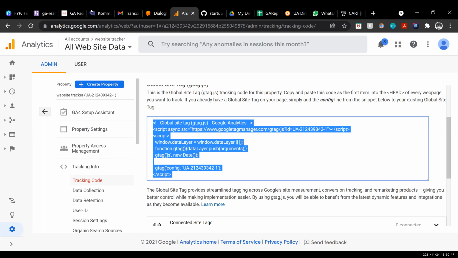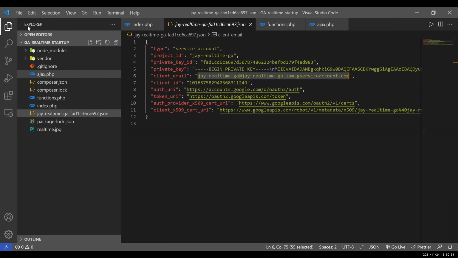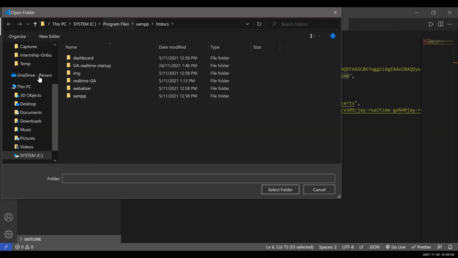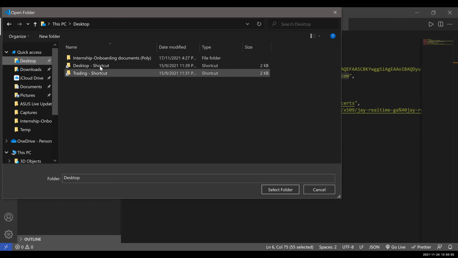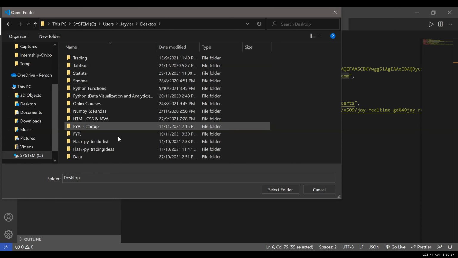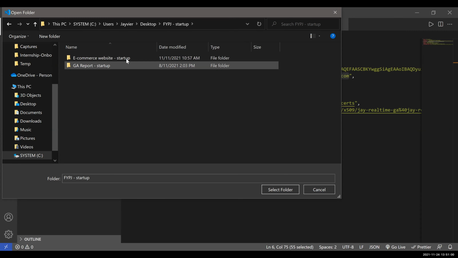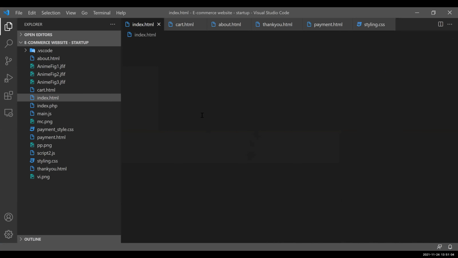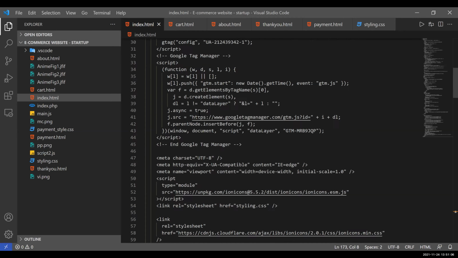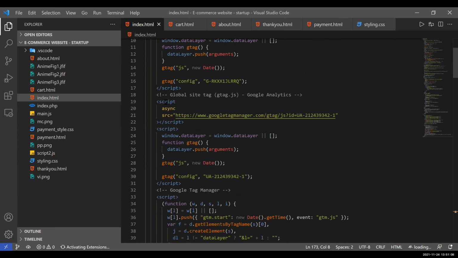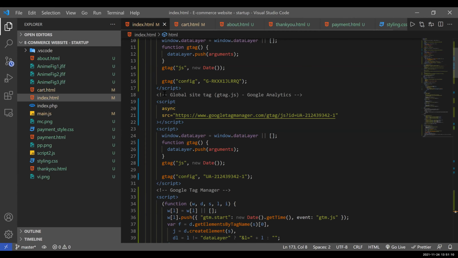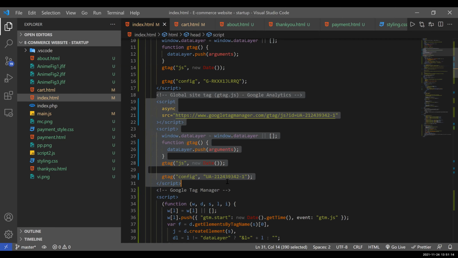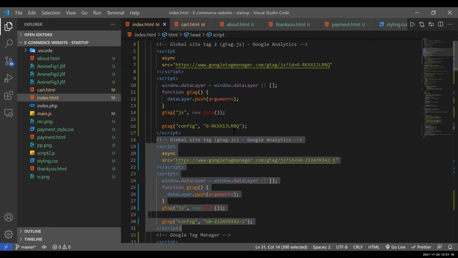Where? It's a different folder. Okay. So you also paste it on the index page, right at the top. Okay. Yeah.